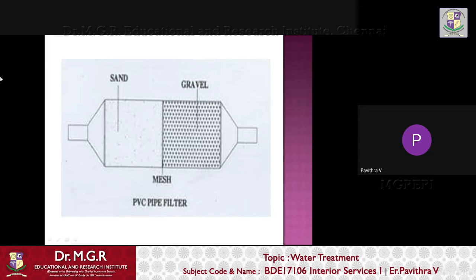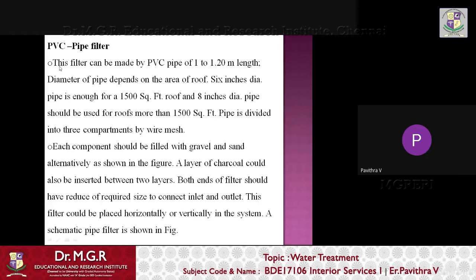So it is nothing but the whole operation which is going to happen inside a PVC pipe. This filter can be made by using a PVC pipe of 1 to 1.2 meter length. The diameter of the pipe depends upon the area of the roof. A 6 inch diameter pipe is enough for a 1500 square feet roof, and an 8 inch diameter pipe should be used